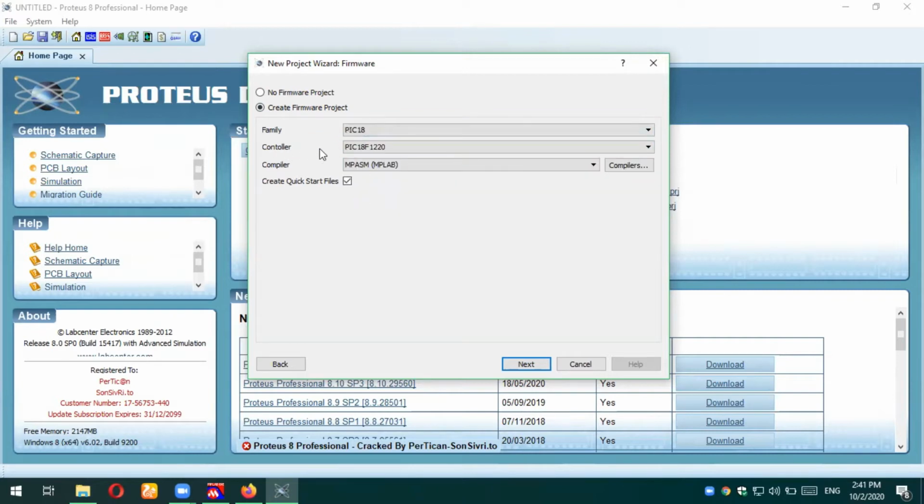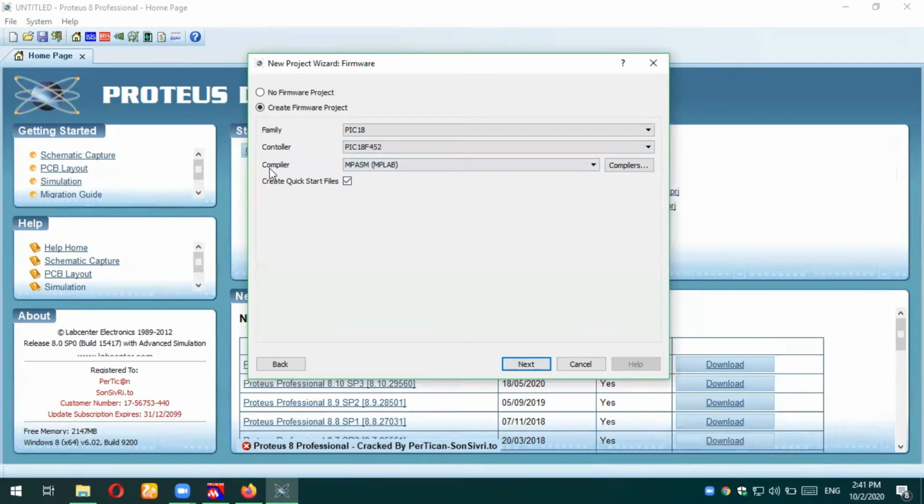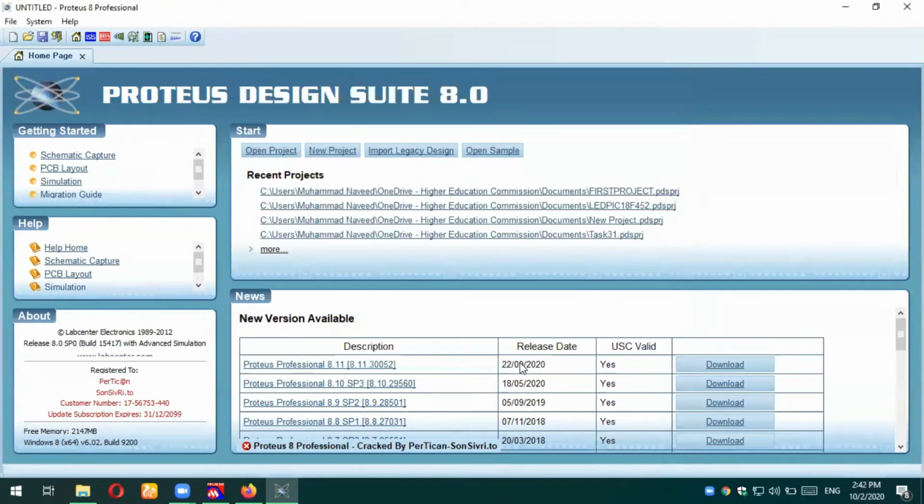Next thing, you will choose the specific IC for the controller, which is PIC18F452 in our case. So we will choose PIC18F452. Yeah, here it is. And the compiler we have chosen by default is MPASM, since we are using MPLAB. Okay, next thing, we have to press next and finish it.